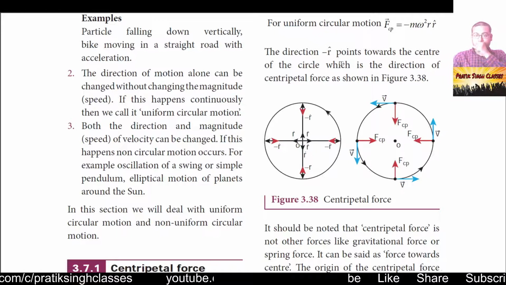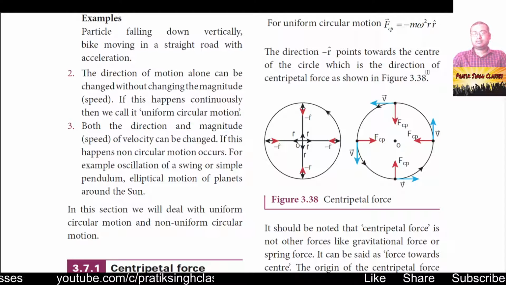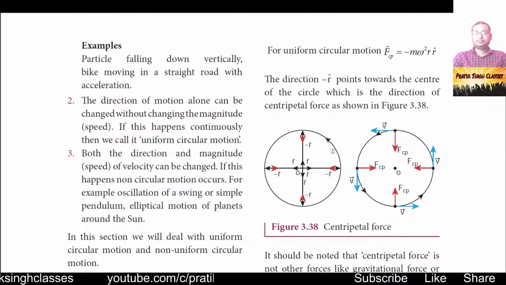Here we have taken the direction as negative, minus r cap, which points towards the center. If we take the direction away from the center, it is taken as positive, and if we take it towards the center, from outward to inward, it is taken as negative, as shown